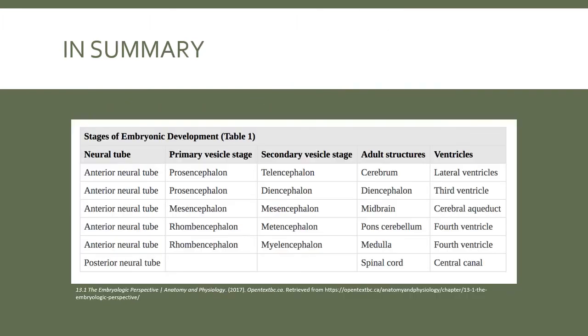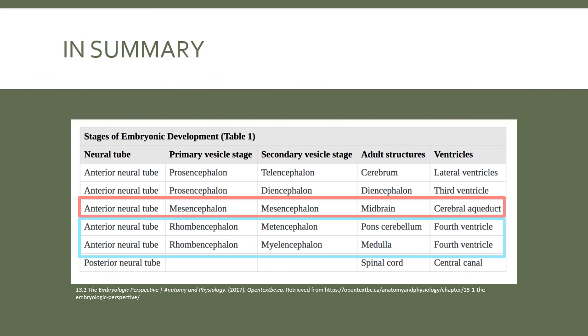Now, by way of review, there's this handy table here which nicely summarizes, from the very early stages of neural tube development all the way through development of the brain and the ventricles, which structure leads to what, and I thought it was handy, so I put it in here. So we just reviewed development of the rhombencephalon, going through the metencephalon and the myelencephalon to form the pons and cerebellum, the medulla oblongata, and the fourth ventricle, and then also that the mesencephalon develops into the midbrain and the cerebral